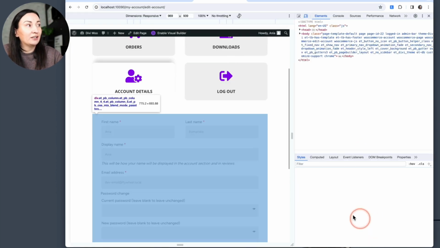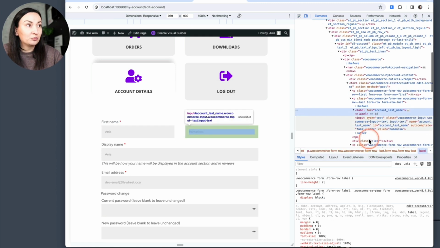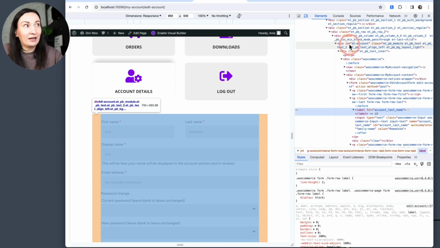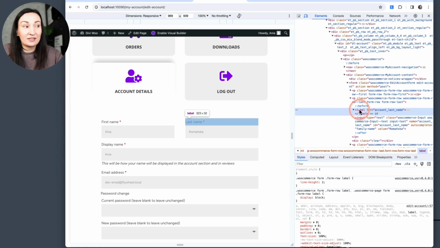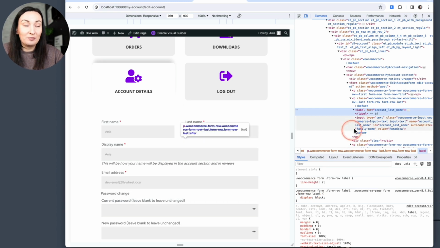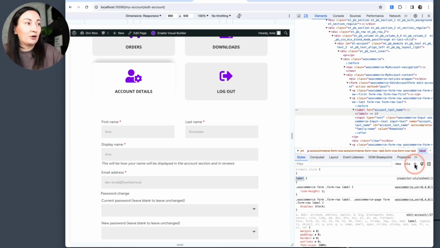Okay, but first, to target every label in my account forms, we could go with a simple label element inside DL account. Just like that, my ID would very likely override any settings that are set for labels someplace else, which aren't many. Apparently, we have a line height, display block, but there is no actual styling applied to labels separately, so there's no color, font size changes. We can do that ourselves. So label inside DL account,